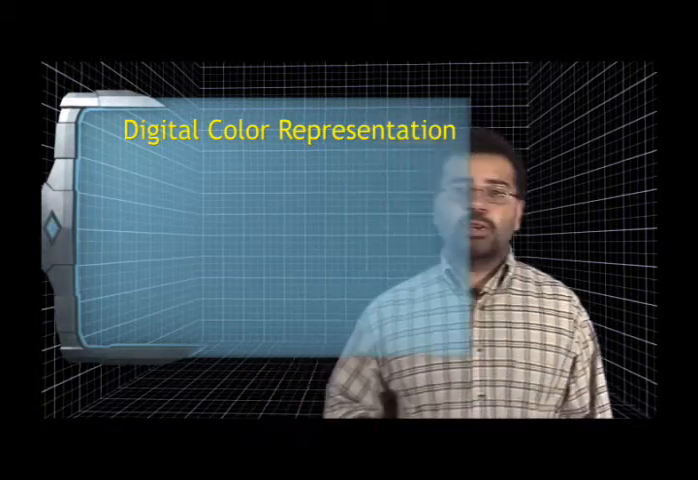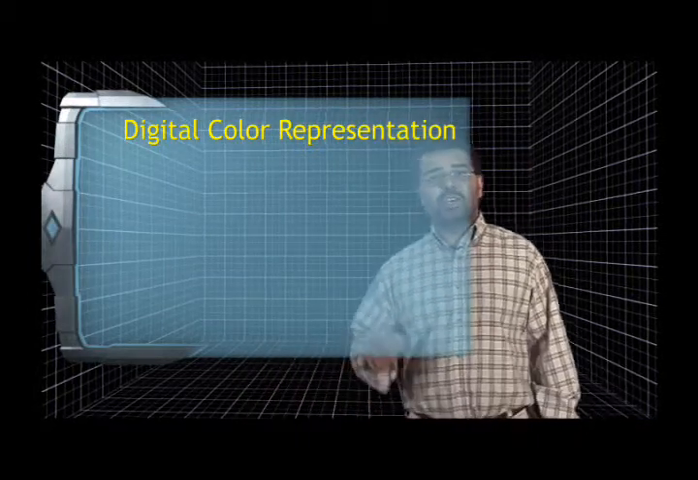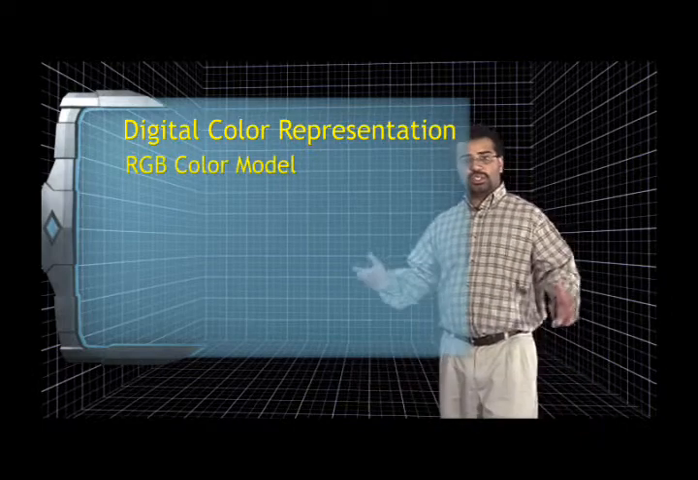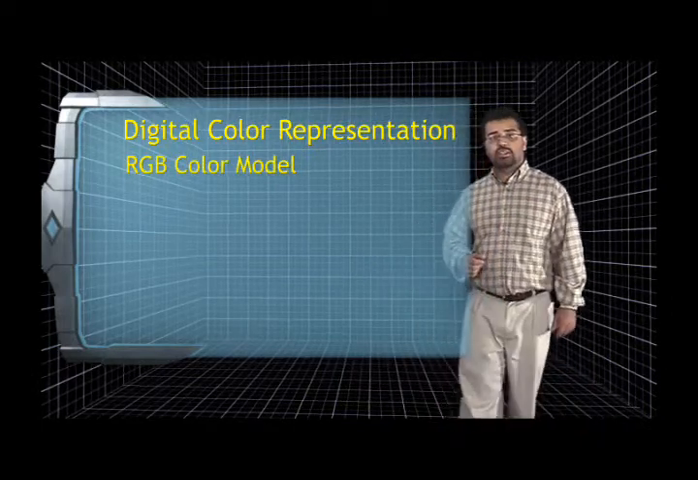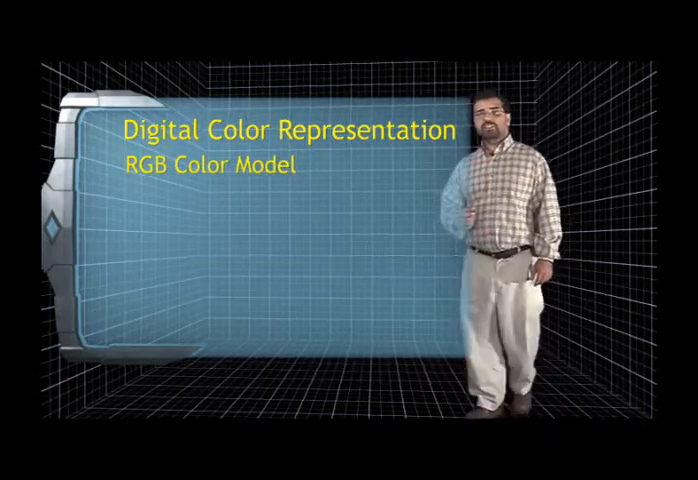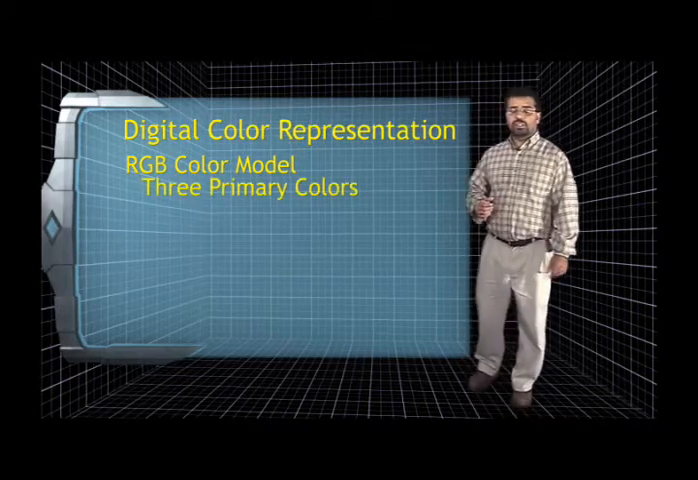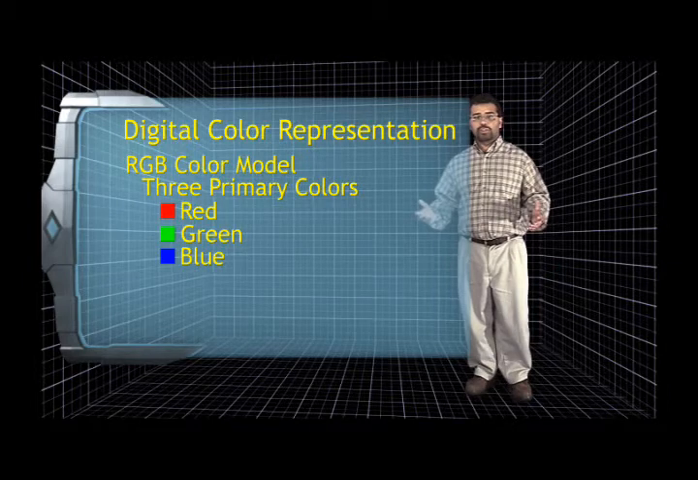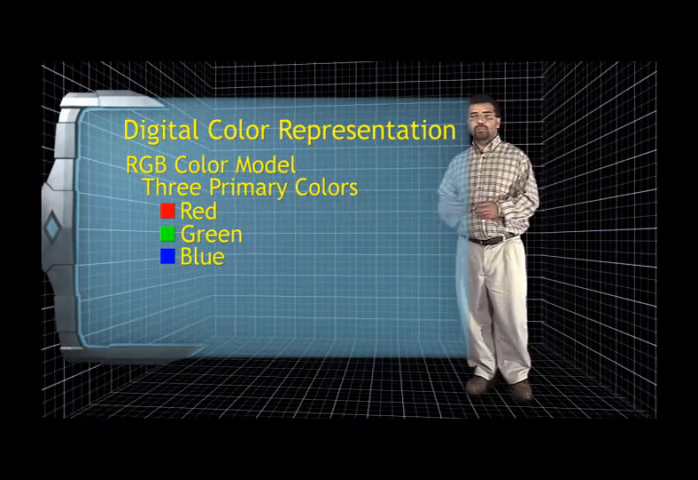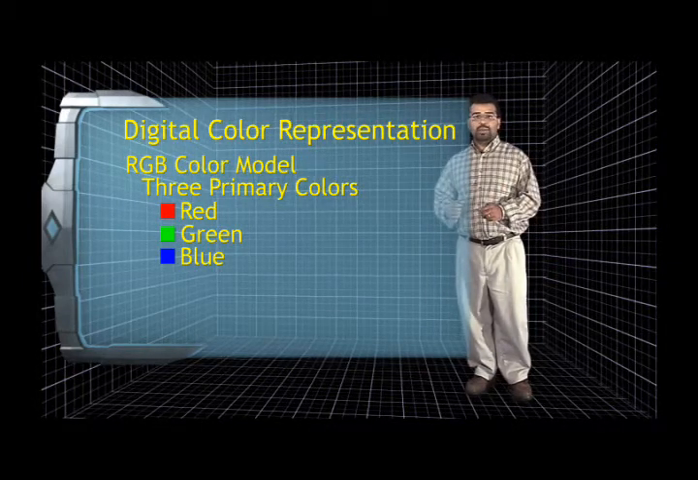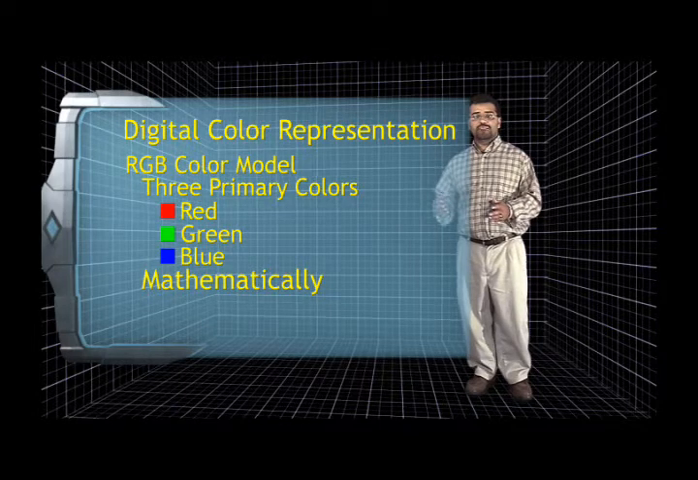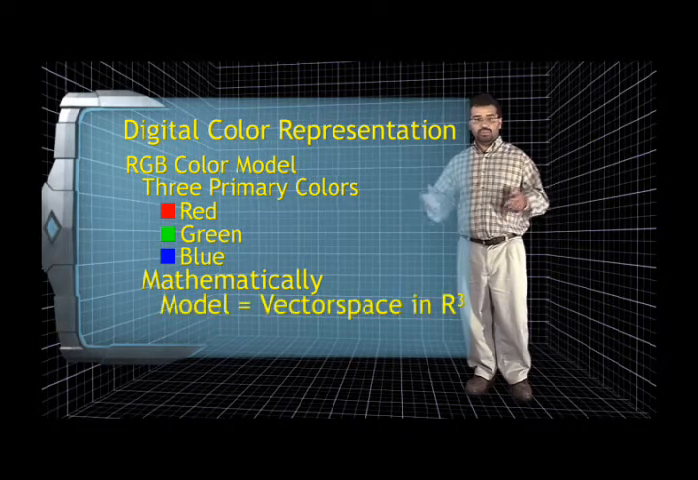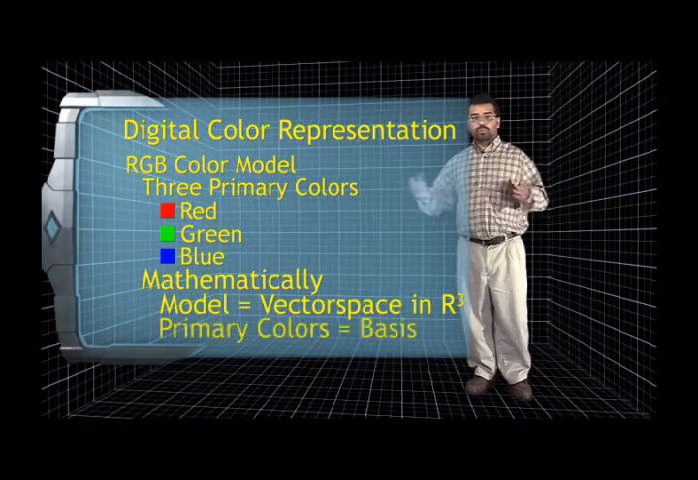We're specifically going to be looking at how to use the RGB color model to represent color information. Within this model, what we have is 3 primary colors: red, green, and blue. We call those our primary colors, and every other color can be made up of those. Mathematically, we can view this as being a vector space in R3, that is 3 dimensions, where our primary colors